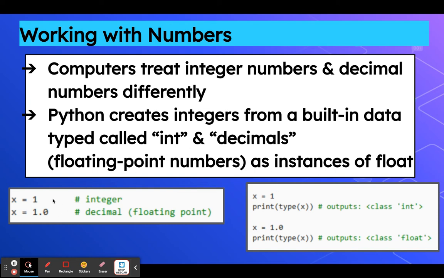So you can see here: integer, decimal, floating point. Again, here's your Python code, this is what you print, and this is your output. We get an integer output here, but here we get a float because we have this 1.0.